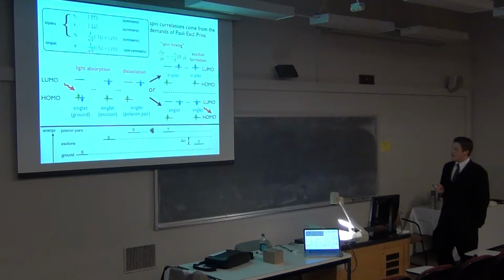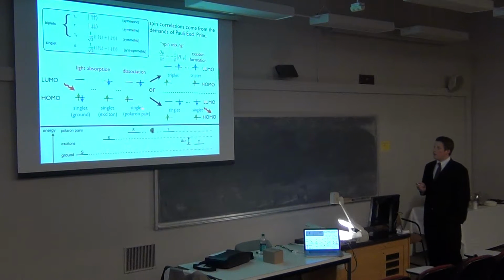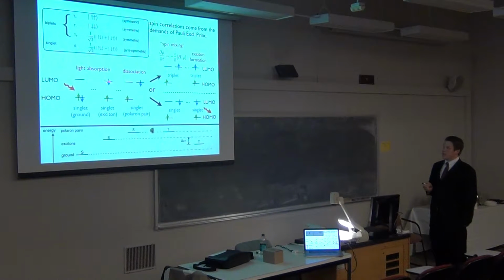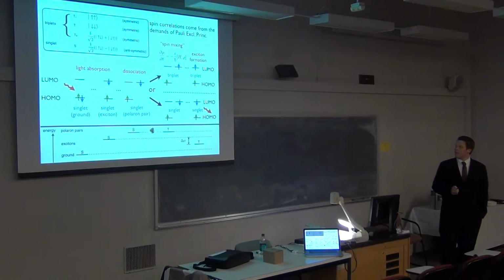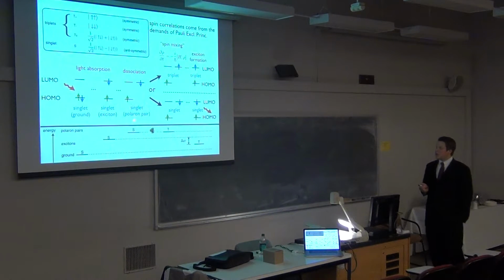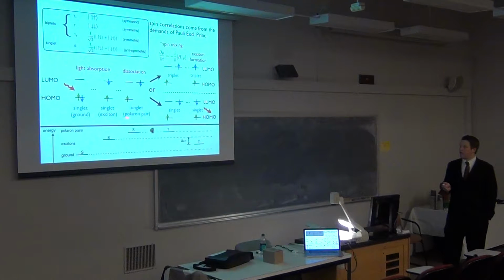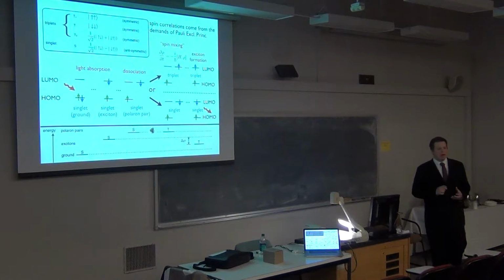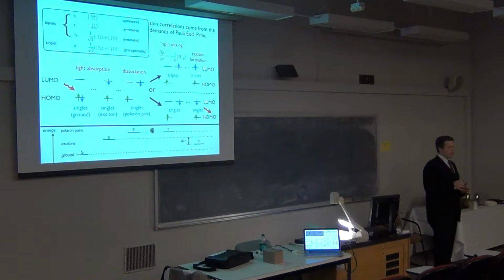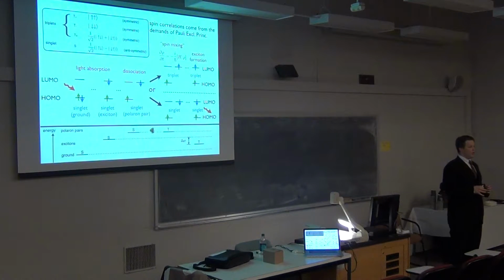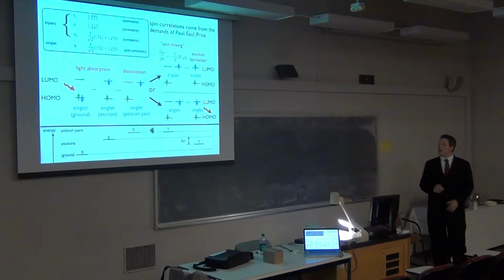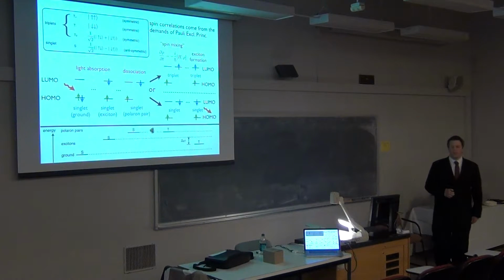Now, dissociation can occur where this electron here hops to some other molecule in the system. So now it's not on the same molecule. This is empty. This is a different molecule. And we're going to call this a polaron pair. So while they're not on the same molecule, they're still coulombically bound, but they're on separate molecules. They could be several molecules away from each other, but they're still feeling that Coulomb attraction.